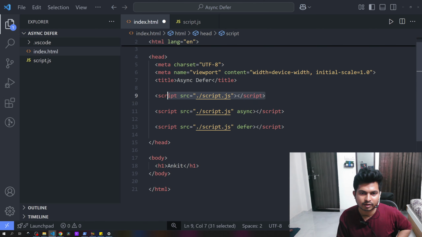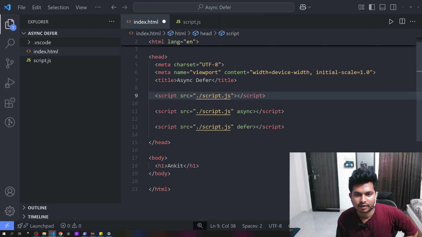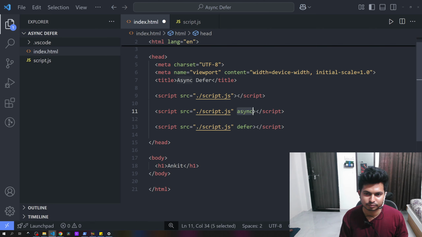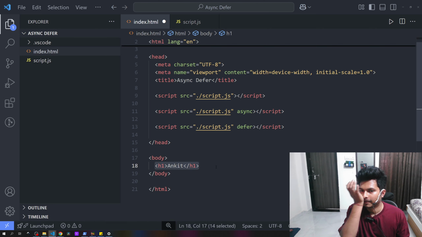So we can't use this for DOM manipulation and interactivity. Async also we can't use for DOM manipulation, because here also it creates the same problem, we can't access the elements.